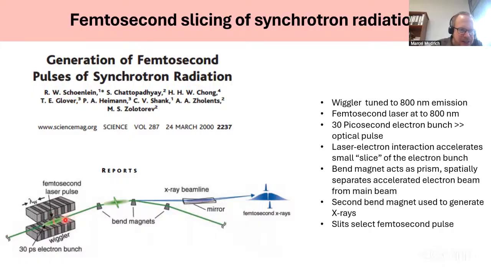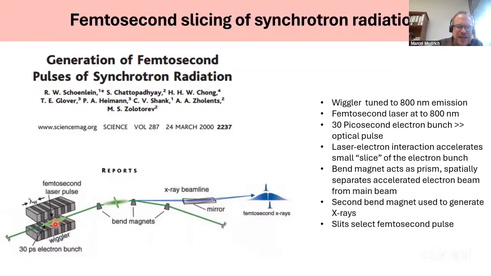moves away out of the electrons in that part of the bunch. Because remember, these electrons are highly relativistic. They all travel at nearly the speed of light. So adding a little bit of energy does not mean that the electrons actually start moving differently. They're just more energetic, but they all still continue moving at the speed of light, more or less. So the only way to then really make them spatially displaced